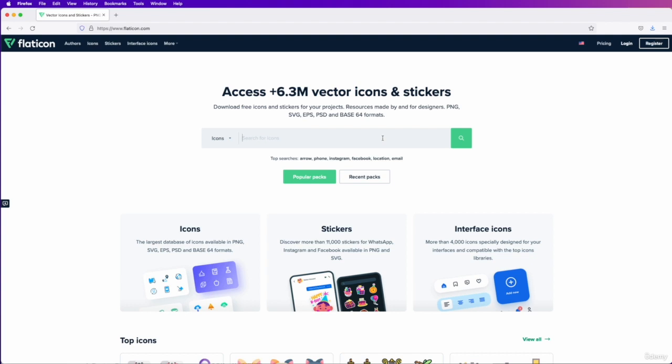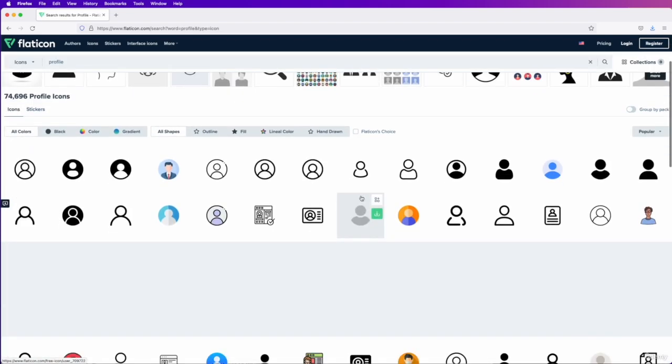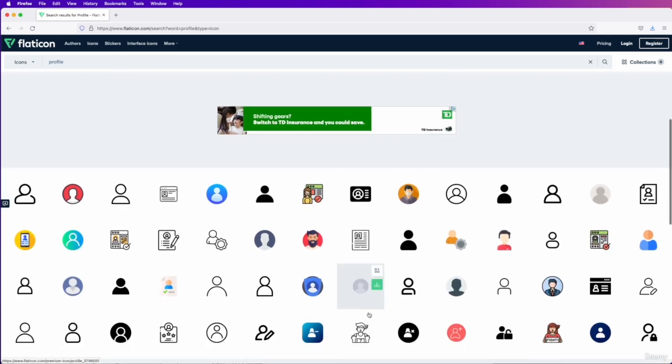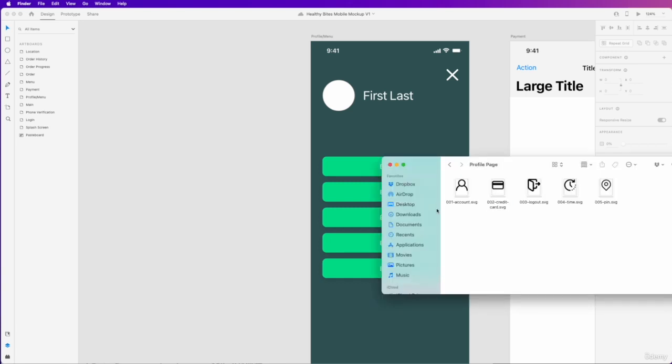And it's great because you can search for things. Let's say you're working on a profile icon, you can search profile and you'll be hit with tons of profile icons and vectors and so on that you can download easily and use in your project. So I've already gone ahead and downloaded the icons we need for our profile page, and I've put them in the icons folder for the resources of this lecture or this project. And under the profile page, you should be able to find these 5 SVG icons